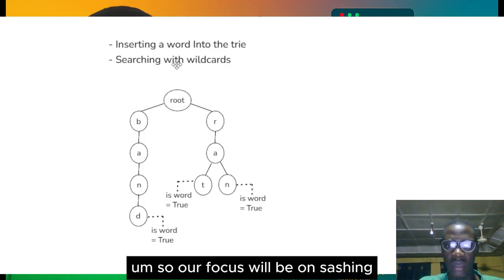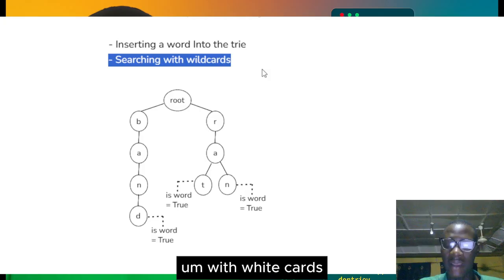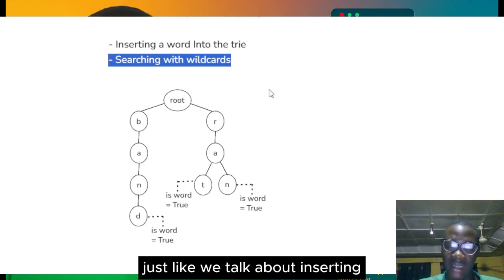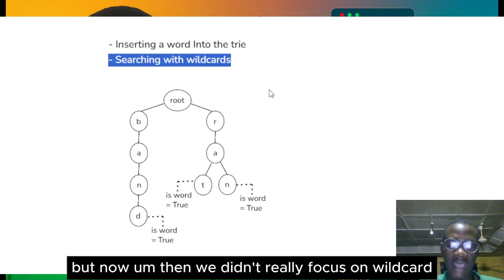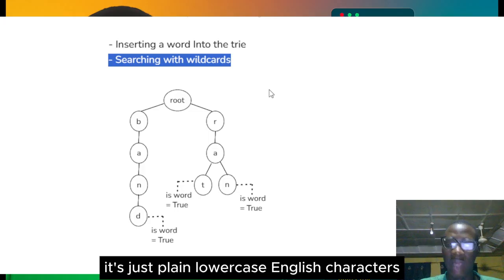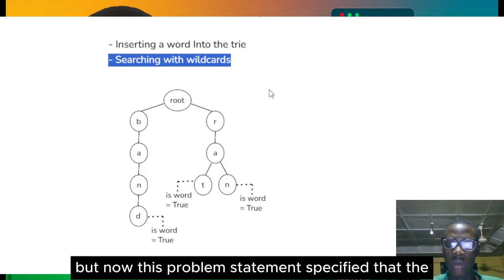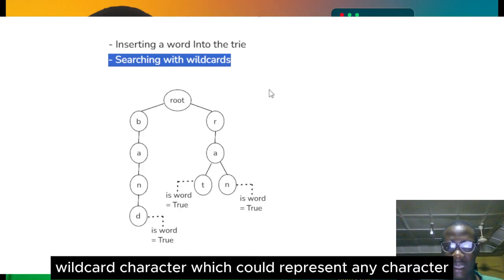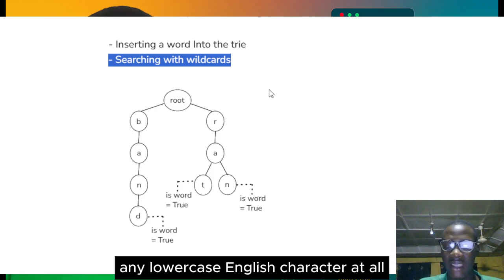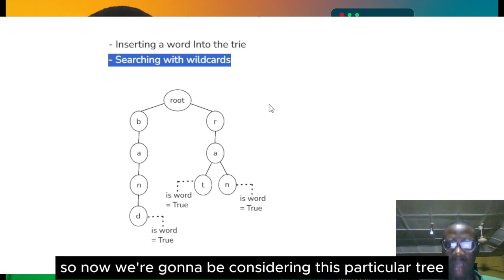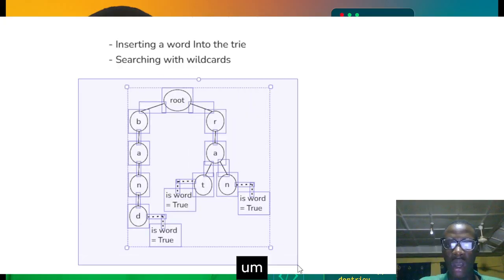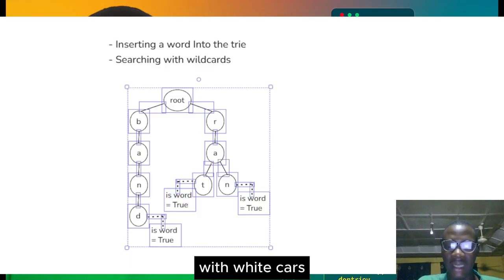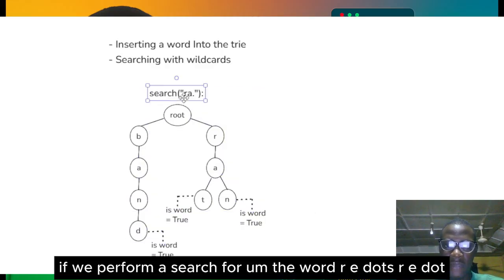Our focus will be on searching with wildcards. Though in the previous video we also talked about searching, just like we talked about inserting, we didn't really focus on wildcards. It was just plain lowercase English characters. But now this problem statement specifies that the words we are trying to search might include a wildcard character, which could represent any lowercase English character at all. Now we're going to consider this particular tree in order to understand what it means to search with wildcards. If we perform a search for the word